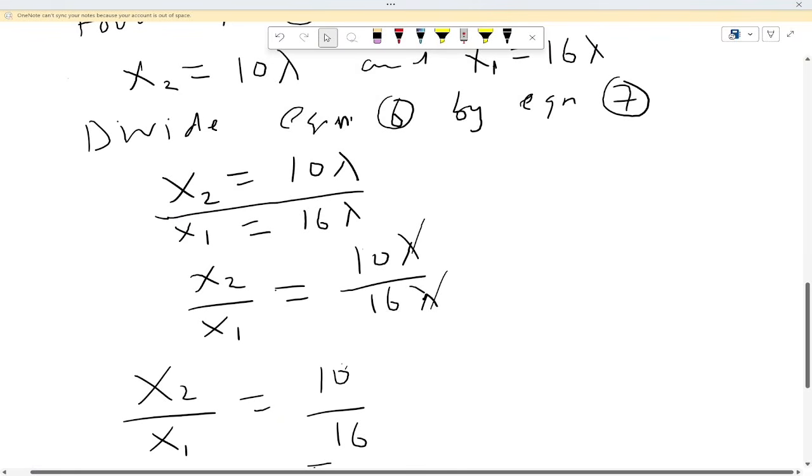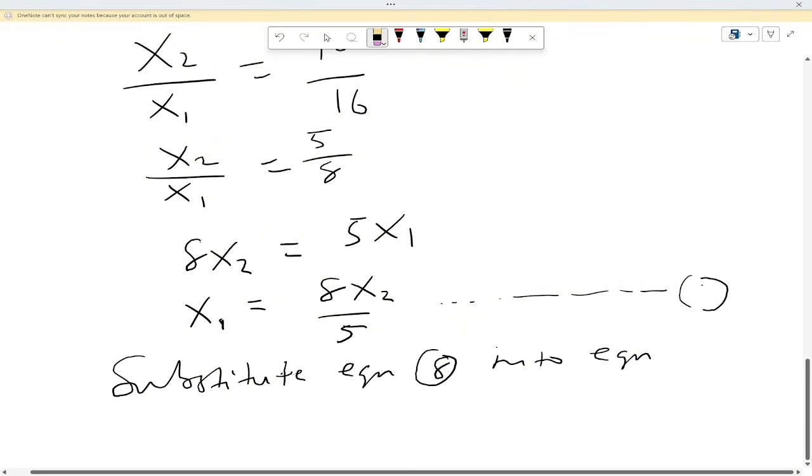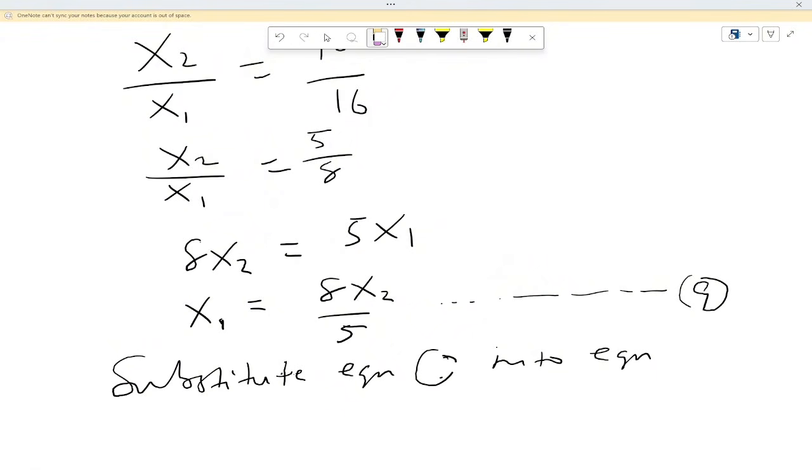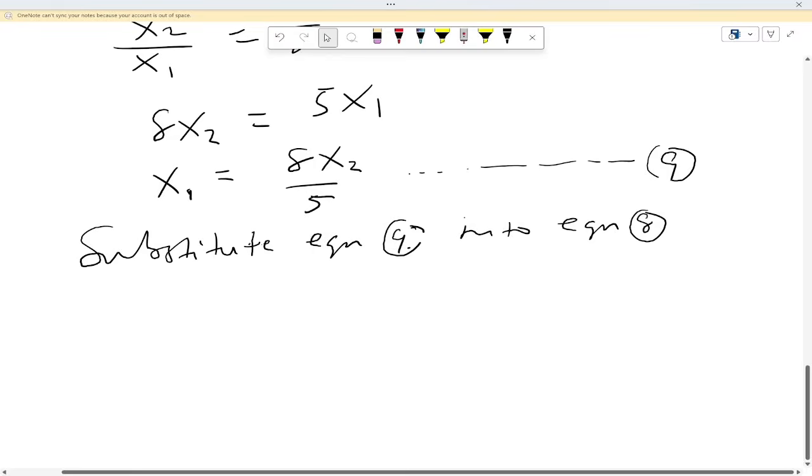So that is equation 9 then. Let's clean it. That is equation 9. So you substitute equation 9 into equation 8. So you have